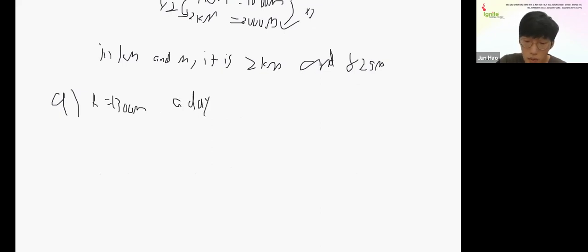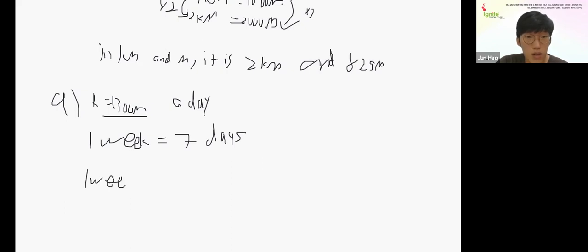Okay, they want you to find the distance he jogs in a week. So 1 week, how many days? Monday, Tuesday, Wednesday, Thursday, Friday, Saturday, Sunday. So 7 days, right? 7 days. Okay, then they want you to find the total distance he jogs in a week. So in a week we have 7 days. In 1 day he traveled 1,300 meters. So in 1 week, he will travel